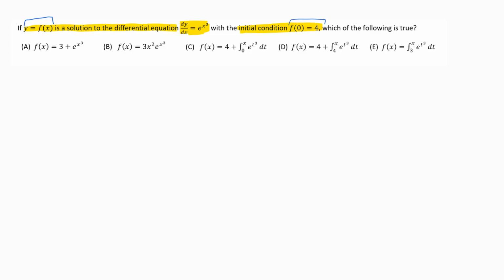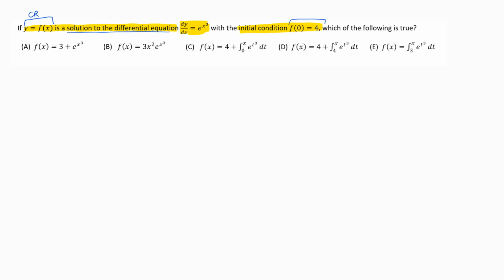And then in the lovely way that the AP Calc people like to do it, they say, which of the following is true? Which kind of means, guess what? You have to do basically 5 problems really fast to see if any of them fit what you're looking for. So the first thing to understand is that when something is a solution to the differential equation,